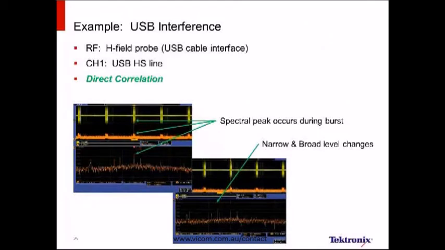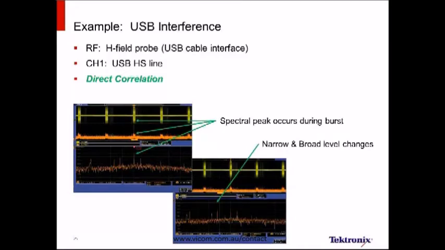In this example here, it's a similar sort of setup. Specifically what I'm looking at is channel 1 on a USB HS, or high-speed, line. I'm looking at the amplitude versus time, and I'm looking at the spectrum. In this example, we're at about 390 megahertz. We were able to directly correlate the USB message to the spectrum event and see the broad range in the noise floor. And this is where having a gigahertz of instantaneous bandwidth really helps out, because